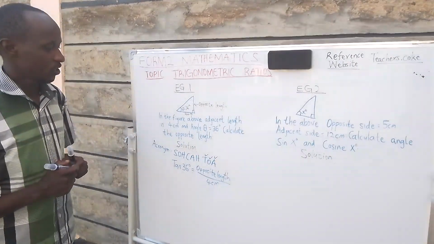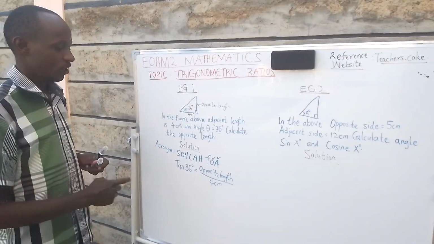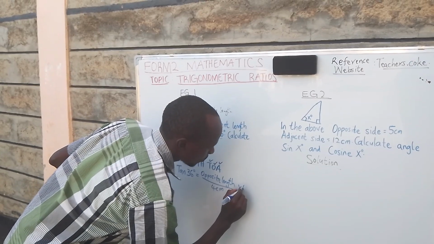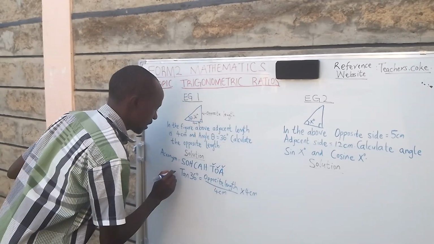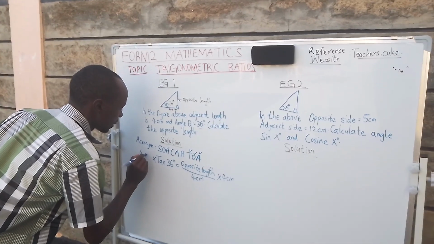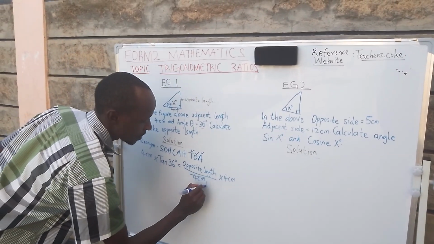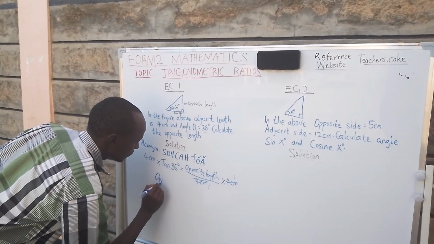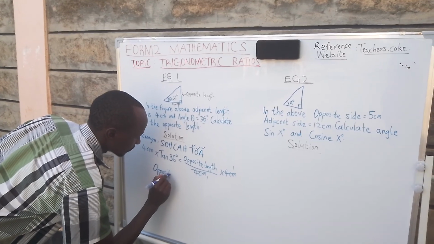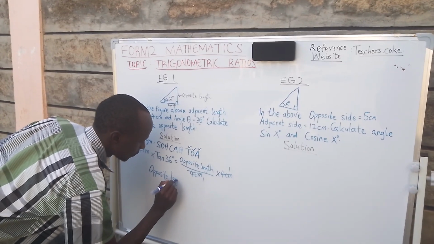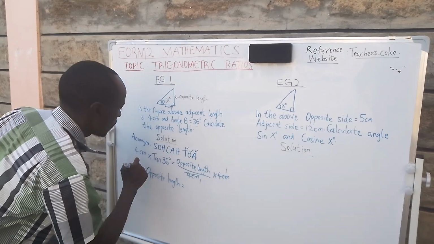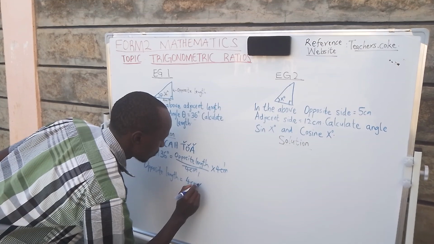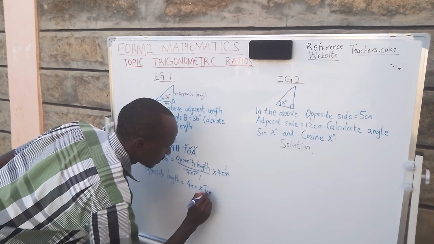Good. So in order to get the opposite length, we are going to multiply all sides by 4 centimeters. So we multiply here by 4 centimeters and here by 4 centimeters. This 4 centimeters cancels out here, so we are left with the opposite length to be 4 centimeters times the tan of 36 degrees,